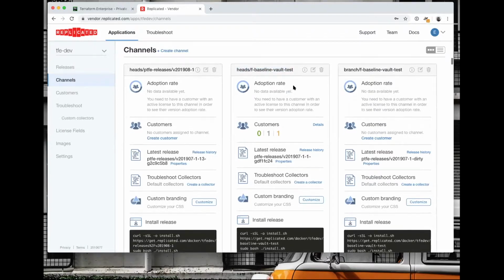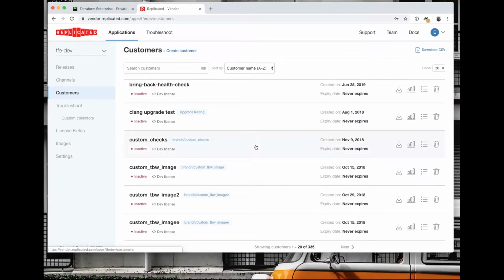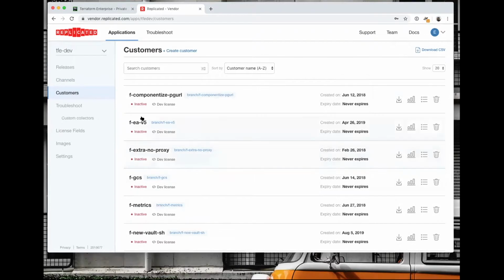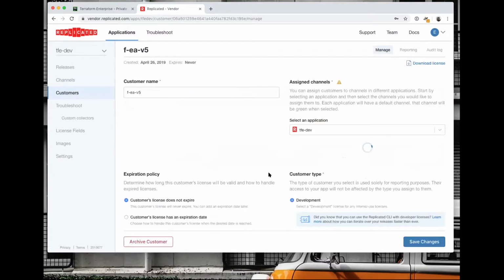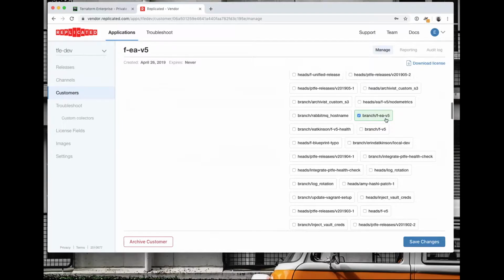And if we go over to customers in the same application, you can see that these are customers that also match that Git branch. It's kind of a weird way of doing it, but this customer is tied to that particular branch.